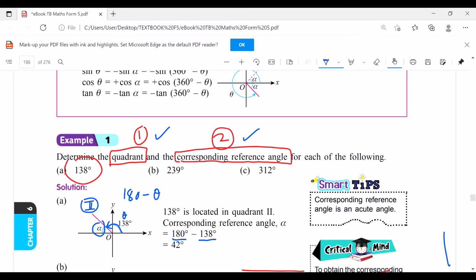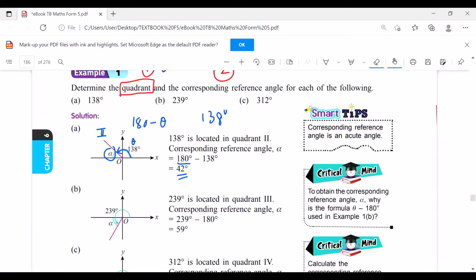You minus, so you get 42. So the corresponding reference angle for 138 degrees is 42. Okay? Okay, for question B,